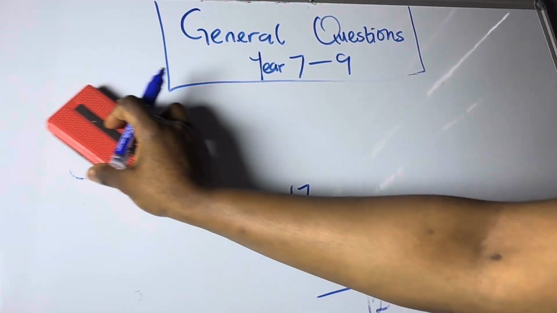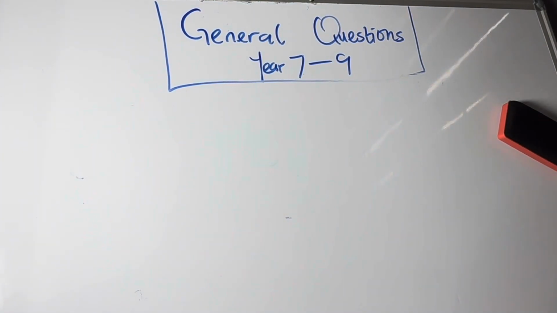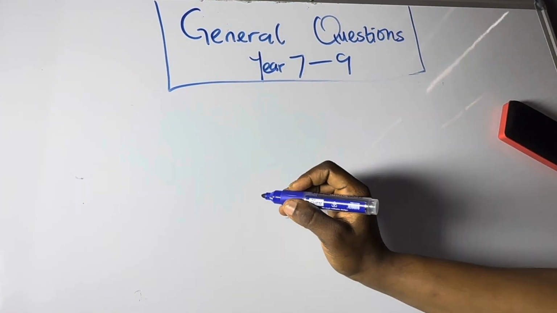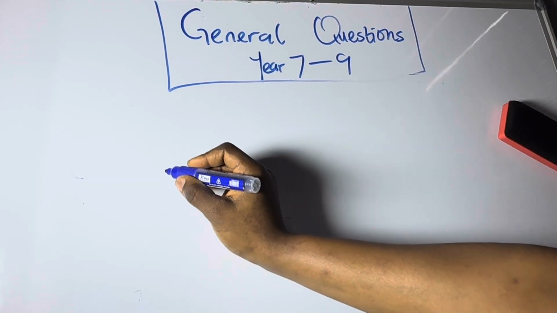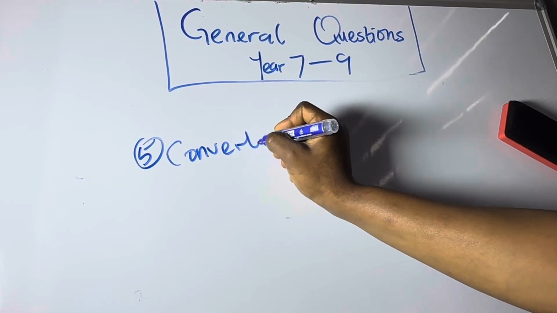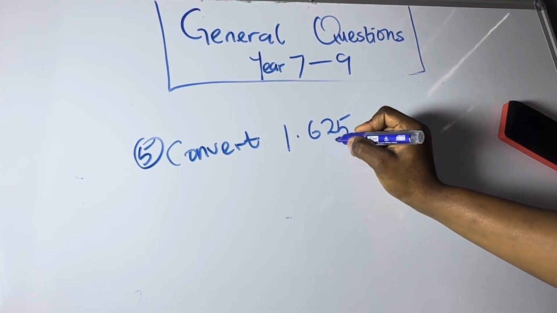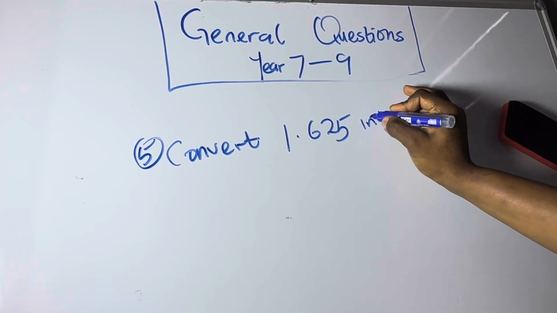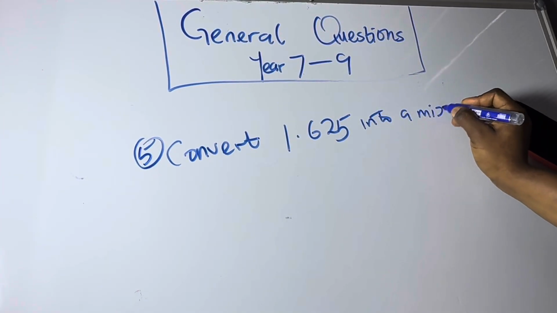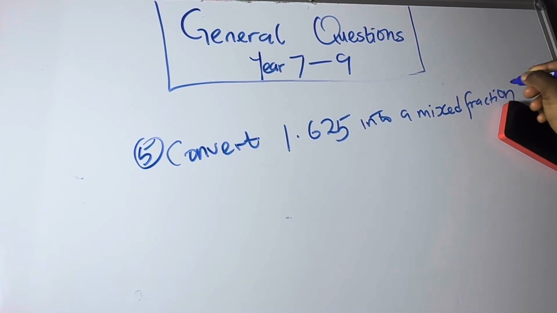Question 5 says convert 1.625 into a mixed fraction. We are converting 1.625 into a mixed fraction. So that means